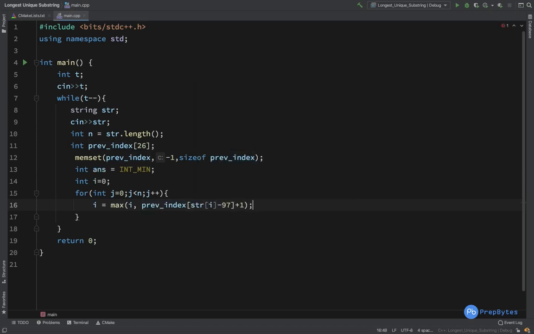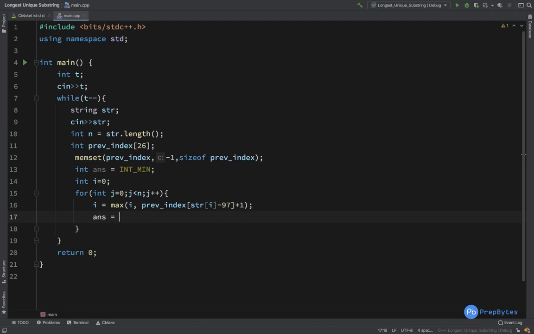So this is what we are doing to update I. Either I will update or it will not. Since I is initially 0, suppose we get a character which is repeating; in that case we'll update I to the previous index plus 1. Else I will remain I.